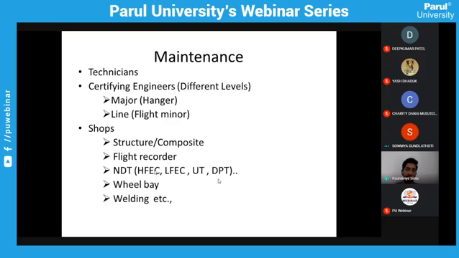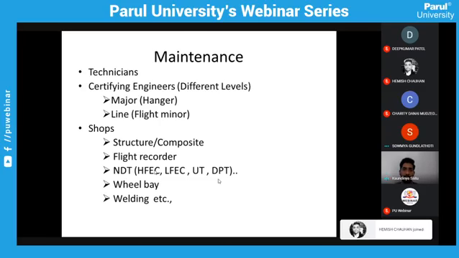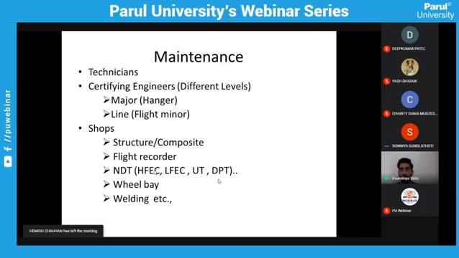I will be briefing that there are different classifications in engineers as well, depending on the departments. Mainly, engineers work in two fields: one is major, one is line. Line is nothing but during